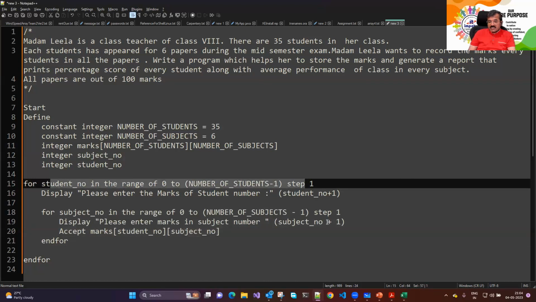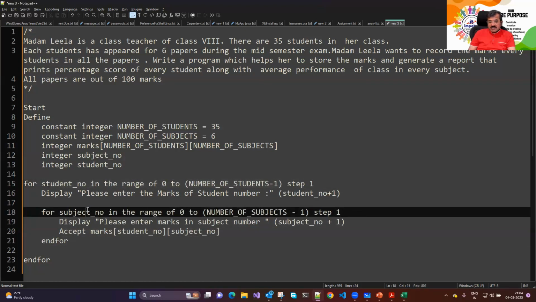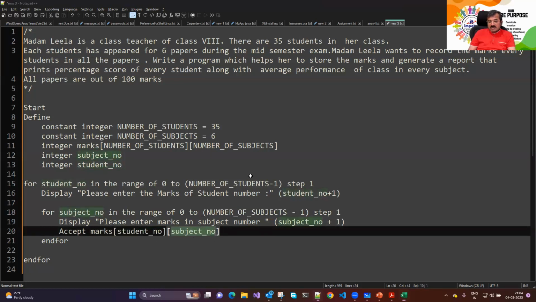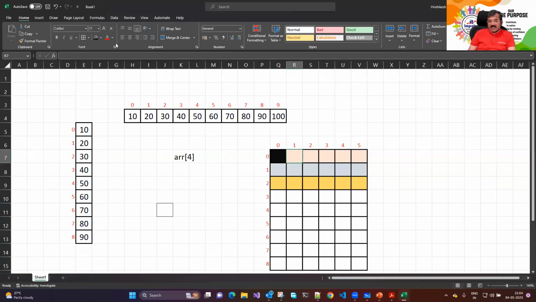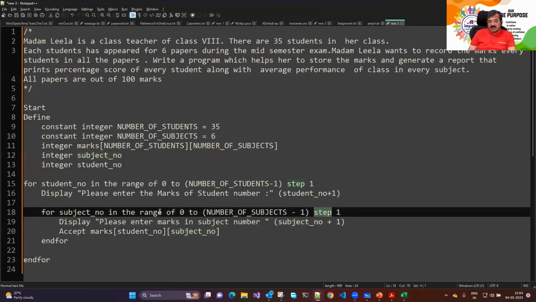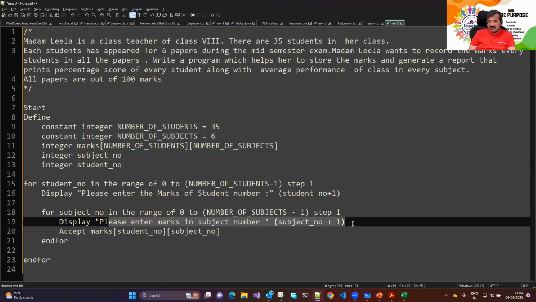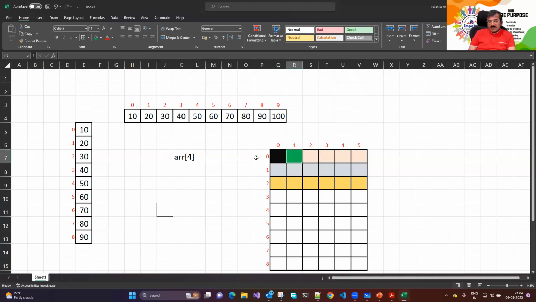So next time when we say step 1 over here, the subject number increased by 1, subject number now becomes 1, so this becomes 0,1। तो ये 0,1 आ गया, ये दूसरे सब्जेक्ट के मार्क्स एक्सेप्ट कर लिए। Then step 1, subject number now becomes 2, is 2 in the range of 0 to 5, yes, so we'll say please enter marks in subject number 3, actually 2 है सबसे, but 3 कहेंगे, and 0,2, तो ये 0 रो है और ये 2 है, तो यहाँ थर्ड सब्जेक्ट के मार्क्स एक्सेप्ट कर लिए।